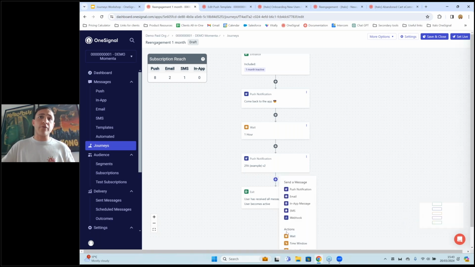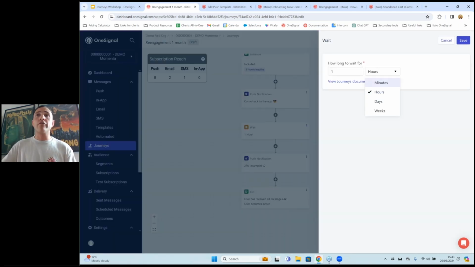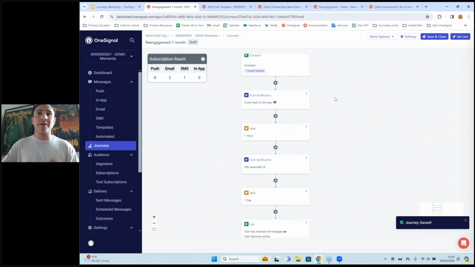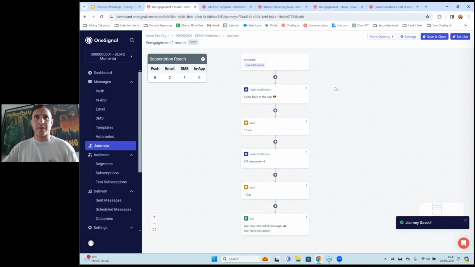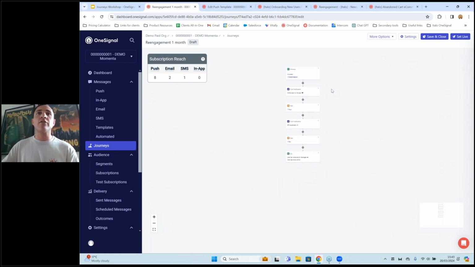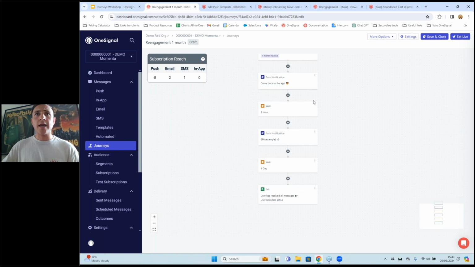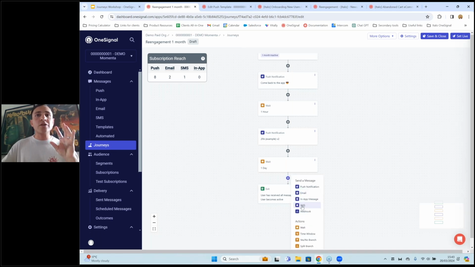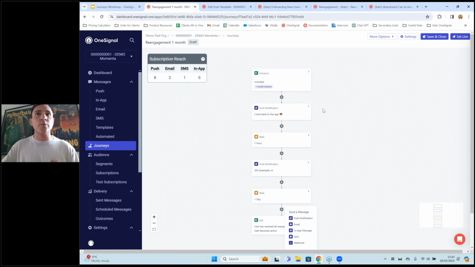And then I could add, for example, a wait node of 1 day, right? So that we're not over-sending messages to these users, right? But there you already have an idea of how to create a journey, right? The good thing, as I mentioned before, is that this will later be an automated process, and you can take it from there. You can also add some interesting things with OneSignal.